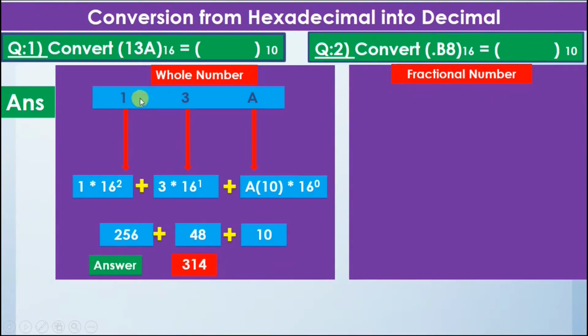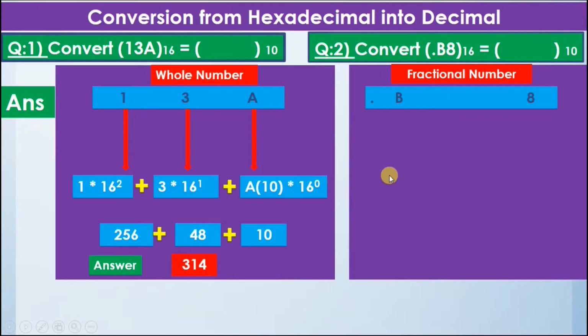So now we can say that the number 13a in hexadecimal is equal to 314 in decimal. So now we will see how to solve the fractional part. In this question, we are given the number .B8. And once again, while moving away from the decimal point, we will move from left to right and we will multiply the numbers with negative powers of 16, starting with 16 raised to power minus 1